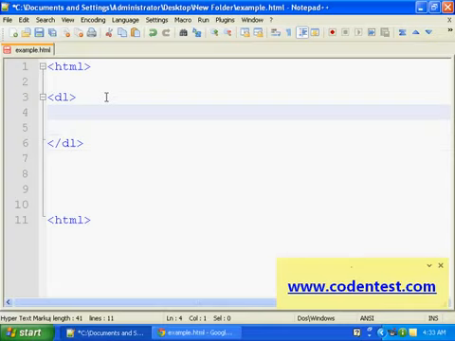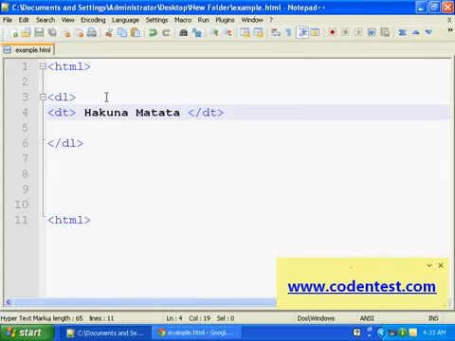And we use one more tag, that is DT, to define a term. I'll explain what this is. Hakuna Matata. We use DT tag to define a term.